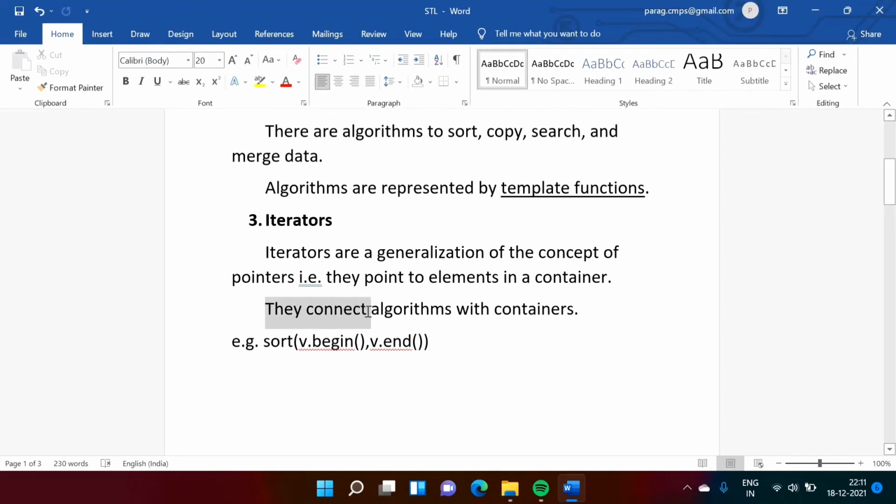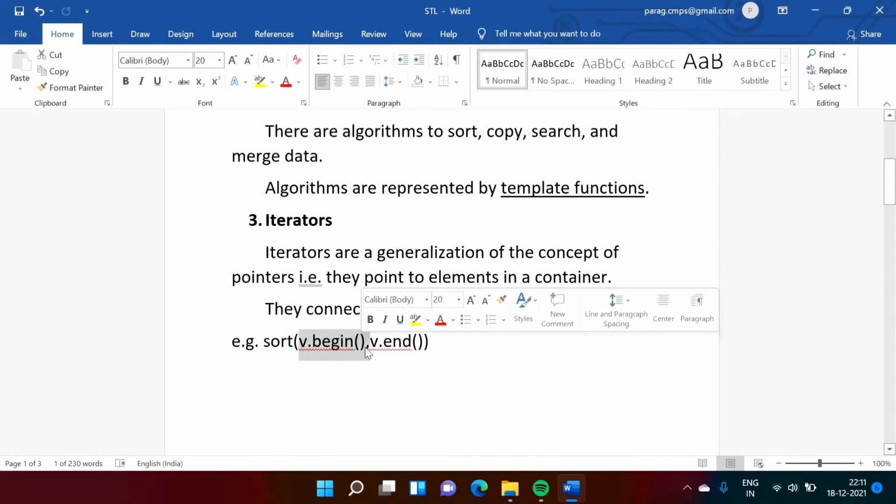Iterators connect algorithms with the containers. Simple example here you can see. So sort is an algorithm. Suppose v is a vector object. Now see, begin is a function provided by the vector class and it returns the front iterator pointing to the first element.